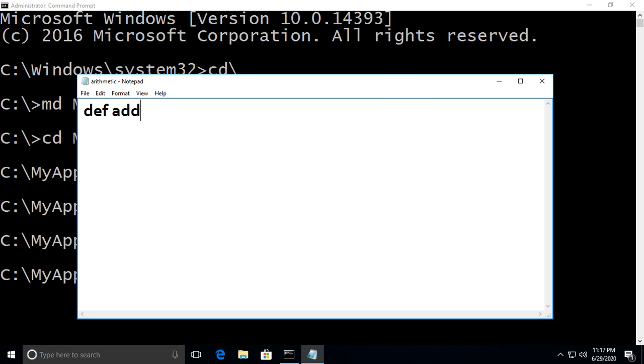Define add function which takes two variables. Print a plus b. One more function, define subtraction. Print a minus b. File, save.